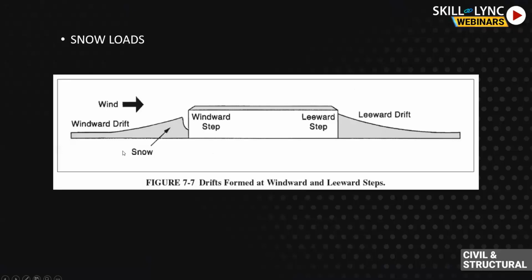And again, snow loads. Indian codes are not talking much about snow load as far as I am aware. If some of the latest versions have introduced it in a little more depth, I'm not very sure about that. But this is what a snow load would look like. There would be some drift getting into the picture: flat roof snow load, windward drift, leeward drift. These are all very specific things which I'm not planning to go into right now, because it's a whole separate topic to talk about.